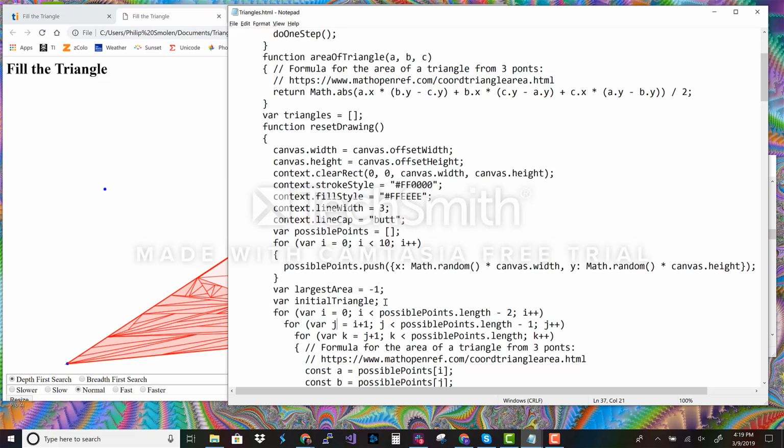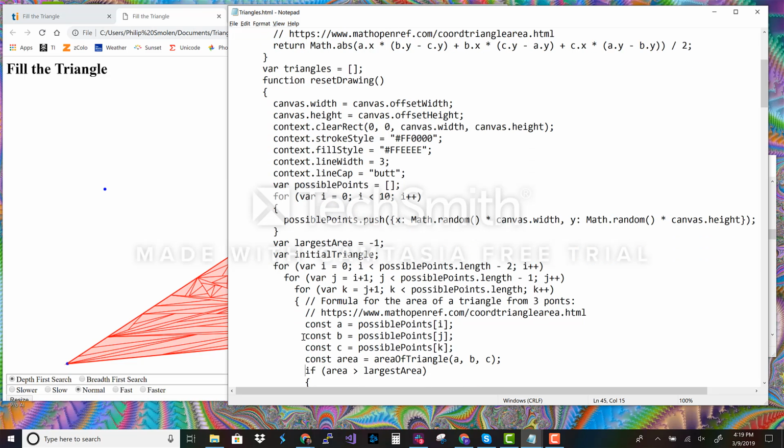So here J is going to start from whatever the first point was. It's going to be a lower number. So if this was 5, then 6, 7, 8, and 9 would be available. Actually 8, 9 is reserved and can only be used for this last one. But basically we go through this list